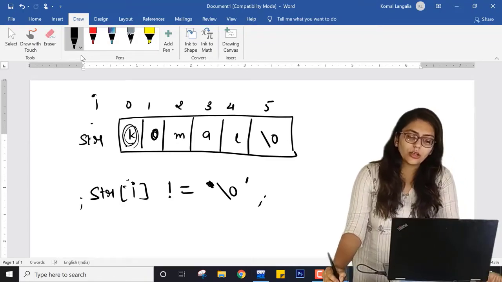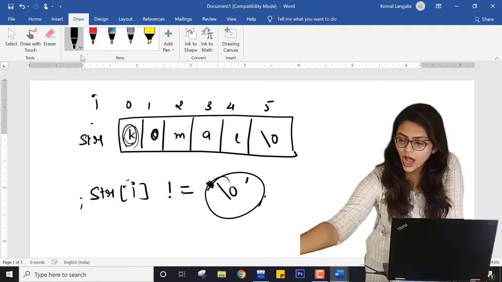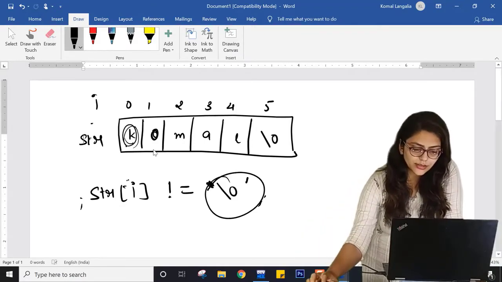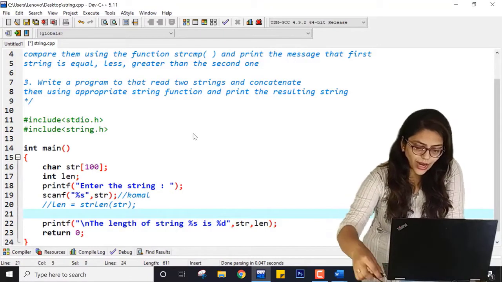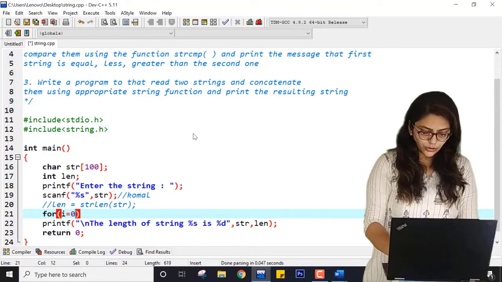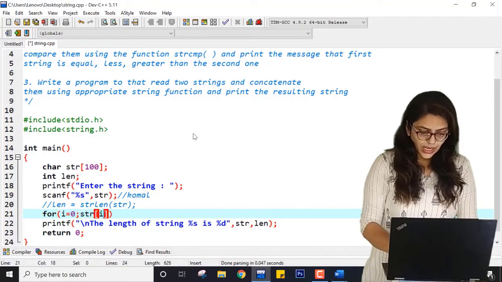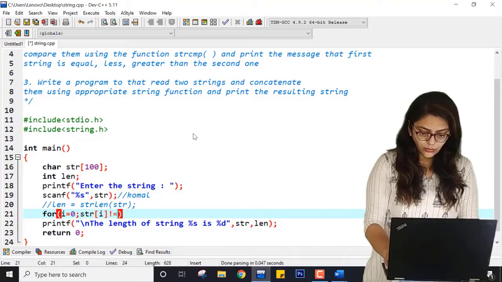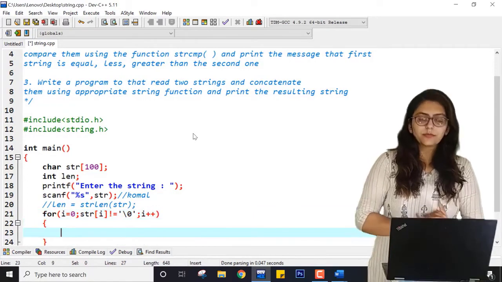I do this until I encounter the null character. So how can I implement this logic? I can write a loop for i equal to 0, str of i not equal to null, then i plus plus.